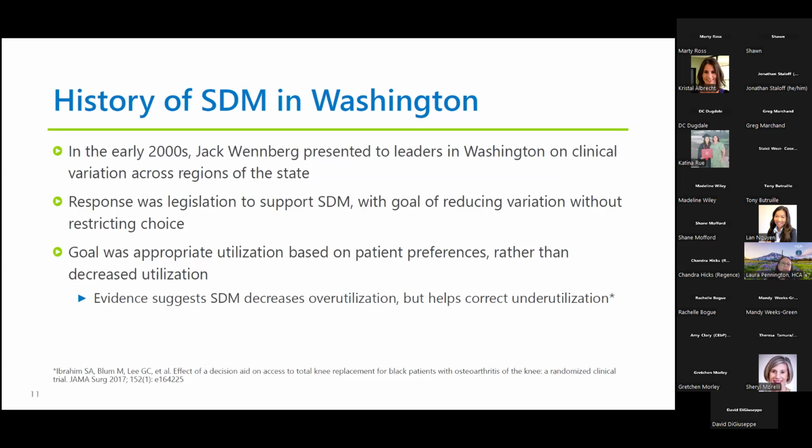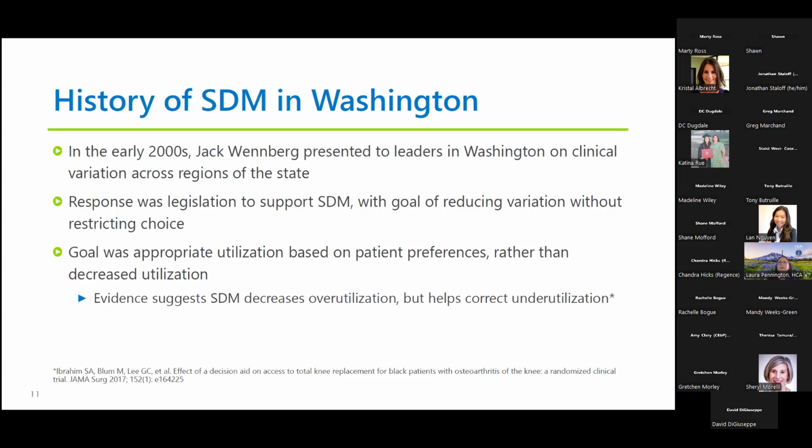He came and presented to clinical leadership and state policy leaders in Washington on how we have clinical variation across regions of our state. For example, he provided data that showed how someone who lived in a more white, affluent region was more likely to get a treatment service such as total joint replacement, for example, instead of those who maybe lived in